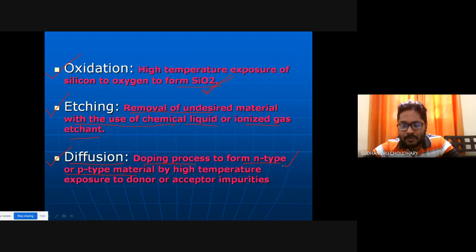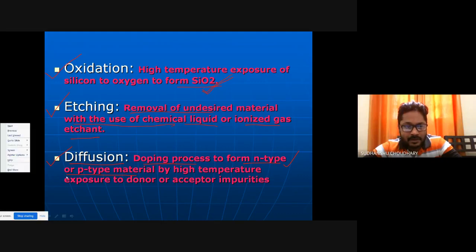Pentavalent materials are those in which the number of electrons in the outer shell is 5, or 5 valence electrons. Those are called pentavalent, and they are used for doping the material. The doping type would be N-type if I use pentavalent materials, for example antimony, phosphorus, arsenic. These can be utilized for creating an N-type semiconductor.